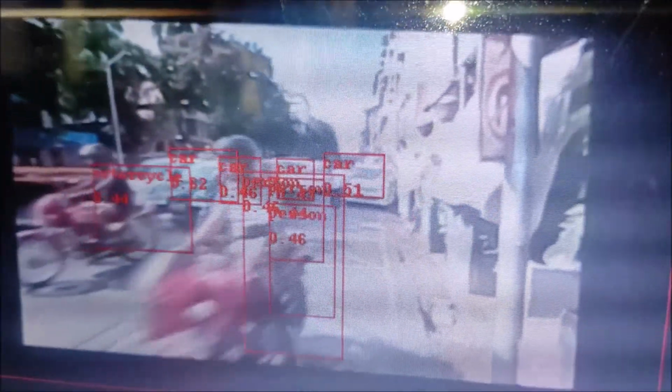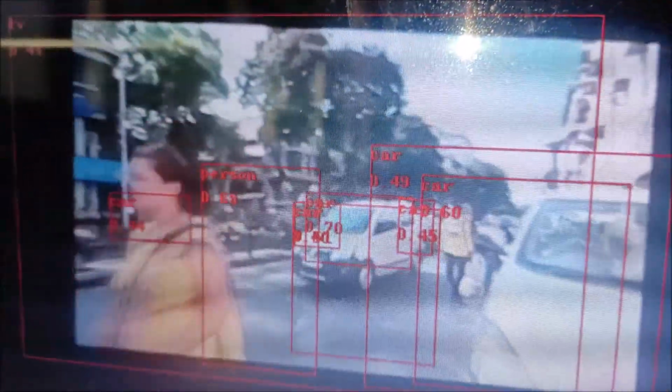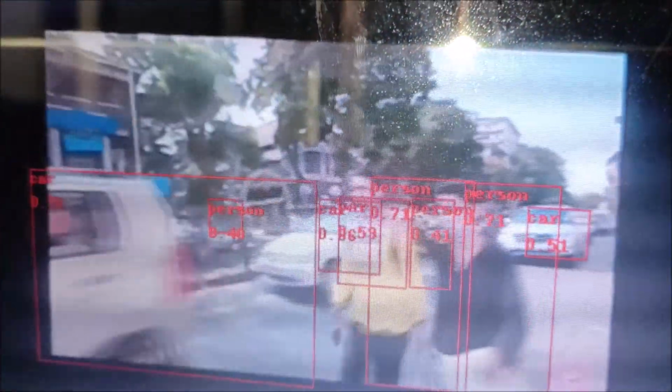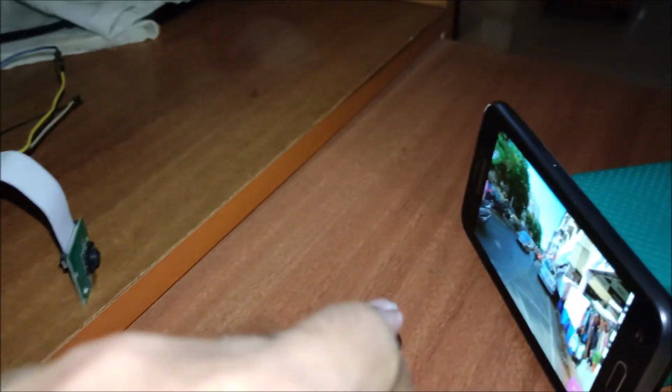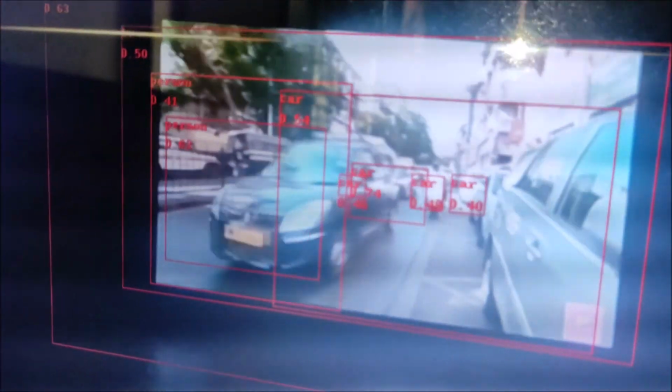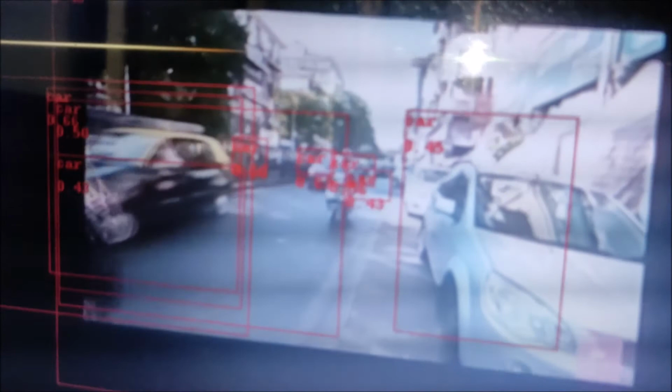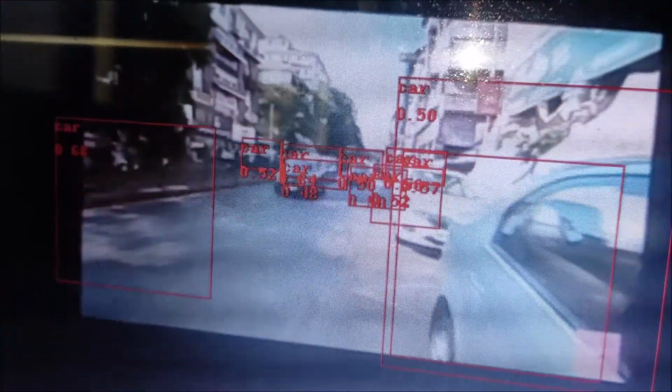It's detecting the car, person. This is live. As you can see here, our Raspberry Pi 4 camera and our video is playing inside the mobile, and the objects are being detected. It's working, friends, with the help of TensorFlow Lite.